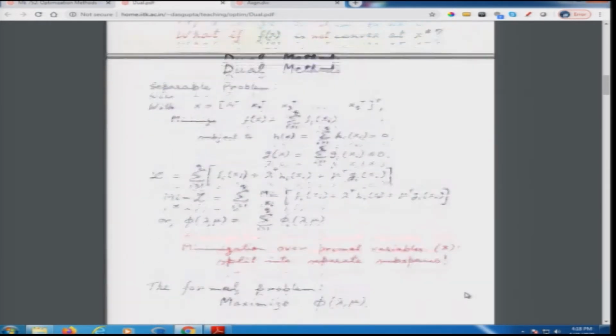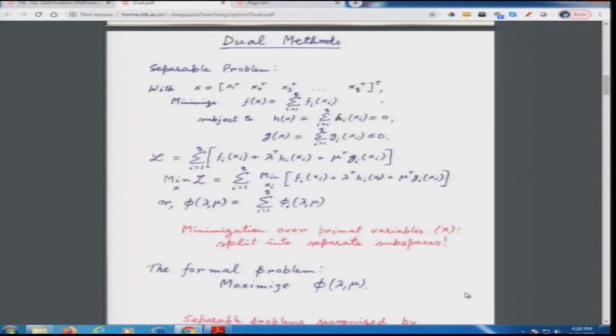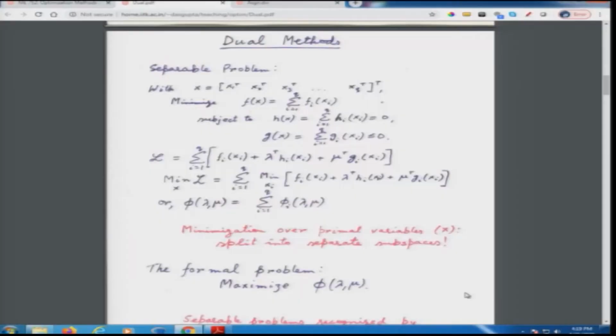Before that, we see two other things. So, in dual methods, we will see three things. First, we will see how we can apply dual methods in problems with a particularly marked advantage. To begin with, dual methods can be applied to any optimization problem wherever you can define the dual in a civilized manner. In particular, in a particular class of problems, the so called separable problems, dual methods give you a